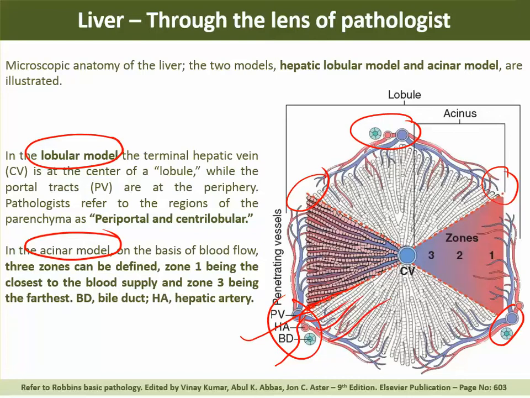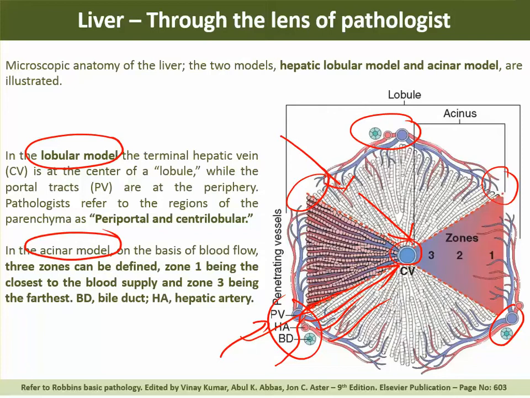The hepatic artery follows the portal vein and they all go to the central vein. And in between the hepatocytes there is a bile canaliculus. All the canaliculae join and form the duct and it comes out, right? Now blood supply comes from the periphery